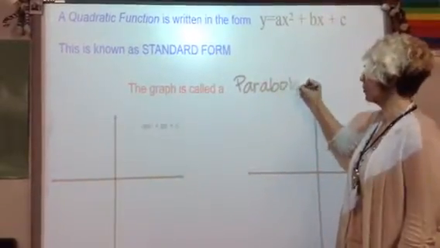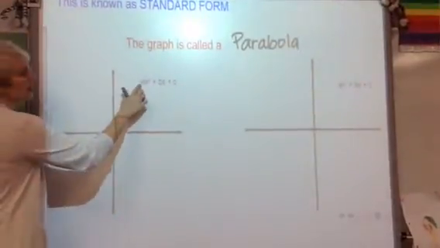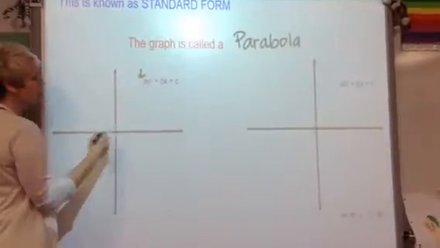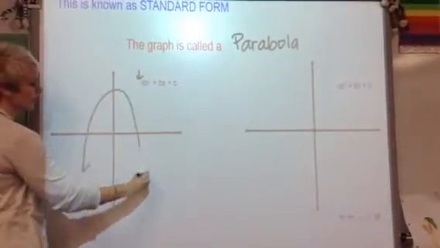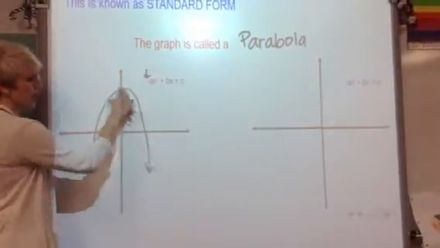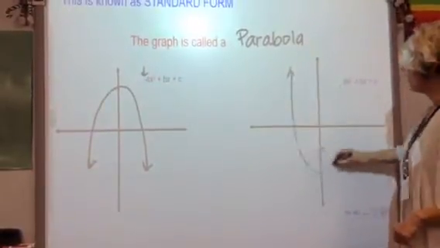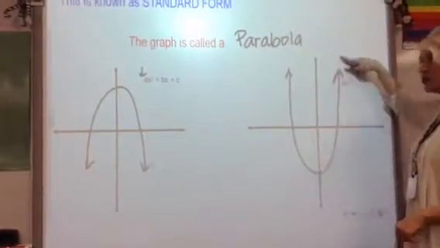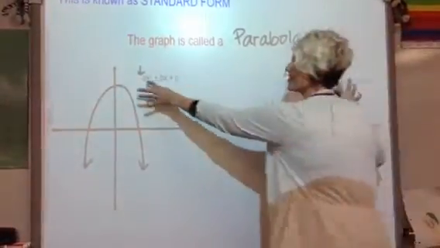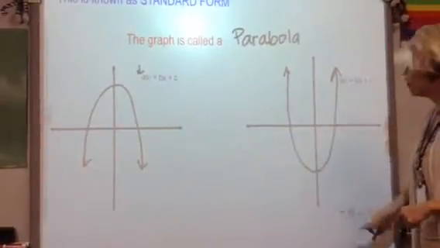And how do we know if that parabola is going up or down? Well, this is what tells us. If you look in front, this is a negative a. So that means this graph is going to be going down. And think of it like a frown, negative, sad. It's going down. This graph is a positive a. So this graph is going to be going up. This is a U shape. And think of it as positive because this is a positive a. So the sign in front is actually going to determine whether it's going to be uphill or downhill,